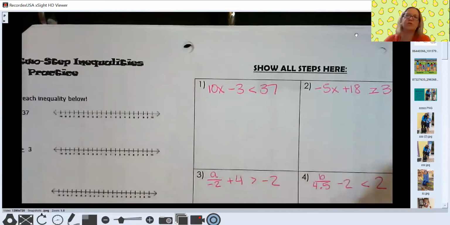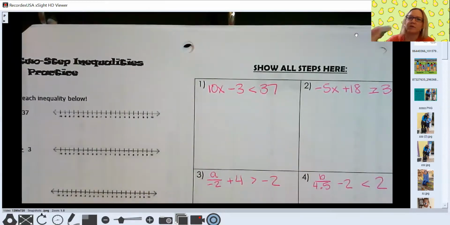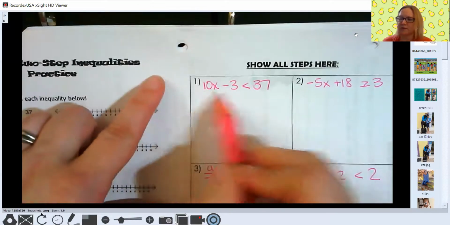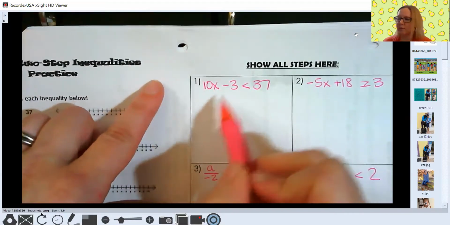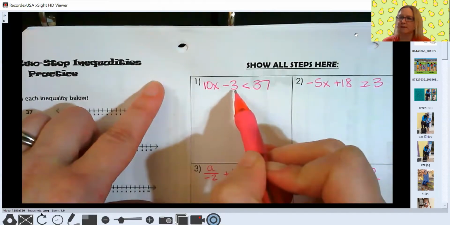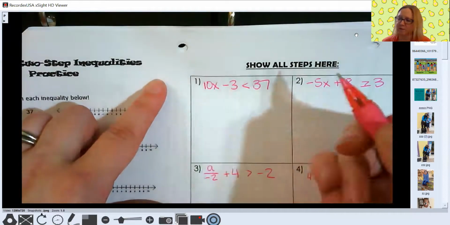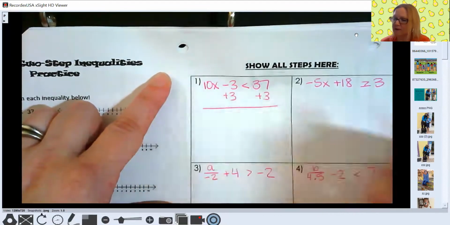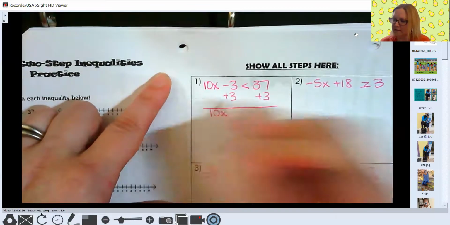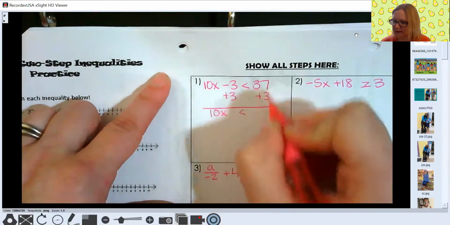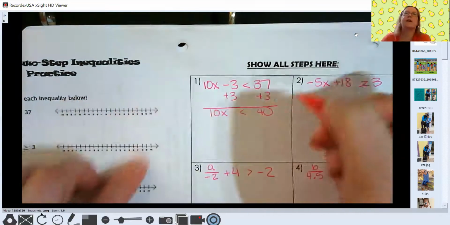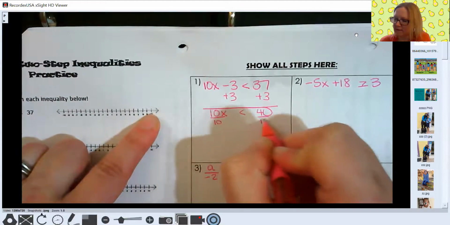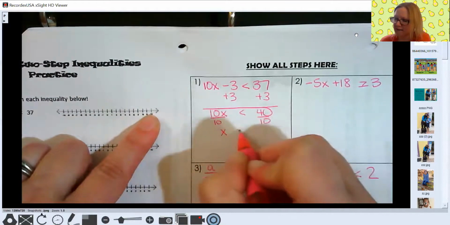All right, so let's take a look at how to solve it. Again, you approach it just like you would a two-step equation. For number 1, to solve for x, I'm going to first get rid of what is farthest from that x, and in this case it's the 3. That's being subtracted, so we'll add 3 to both sides of the inequality. That leaves me with 10x is less than 40. My next step is to divide both sides by 10,